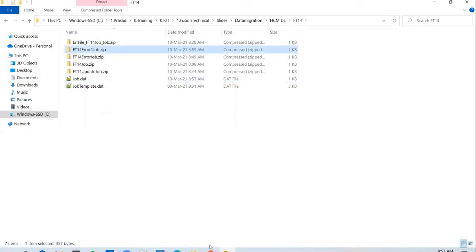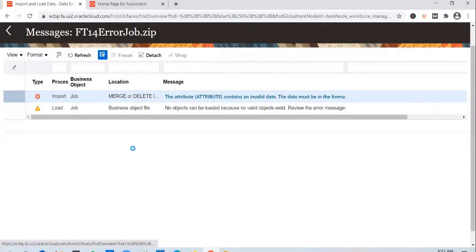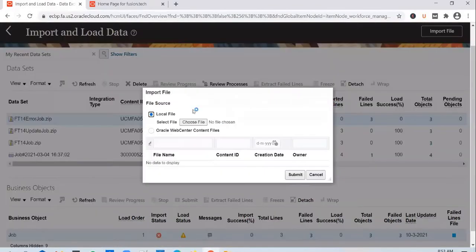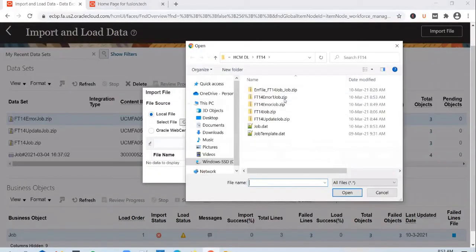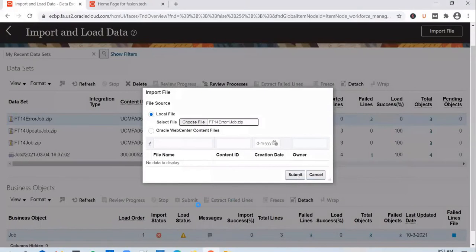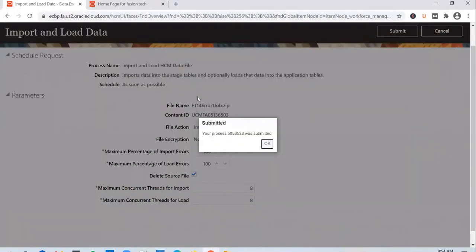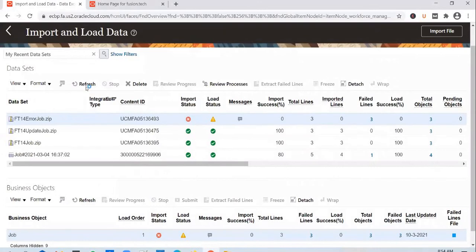Error 1 job. Import the file. Go with the default options.